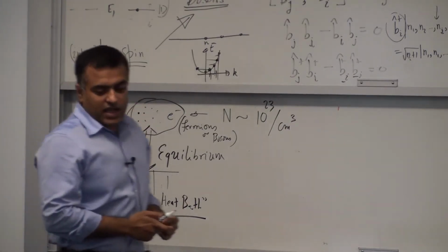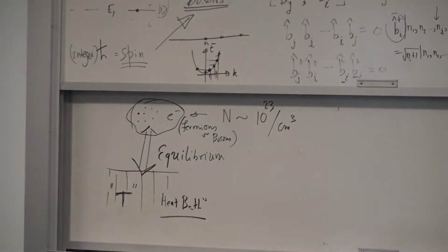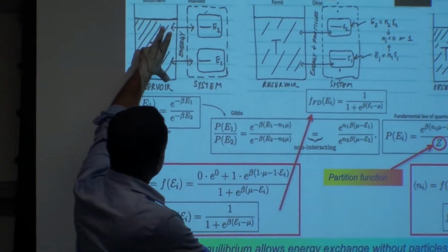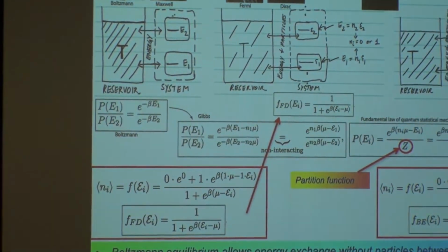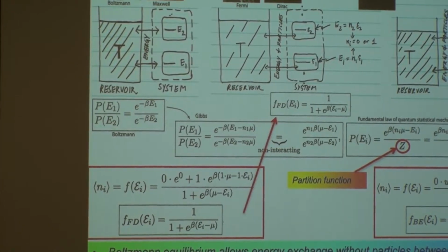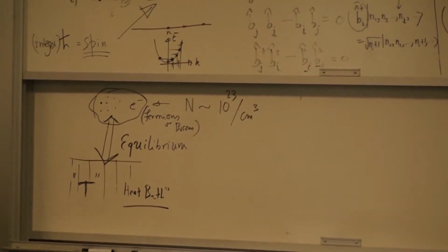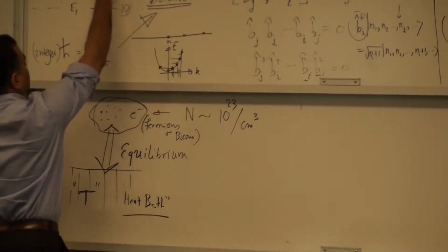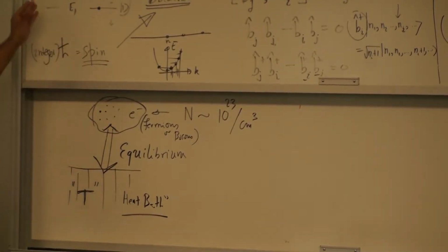So that's the picture. And I've written this up, by the way, in one of the chapters in the handout on statistical mechanics. The picture to have is a reservoir, a heat bath, and here's your Fermi system or your Bose-Einstein system of energies, and this is in equilibrium. Okay? So if you now ask this question, for bosons I use this bosonic operator algebra and say that I have this set of systems, and if I have particles of bosons that can distribute in energy, how do they distribute, right?